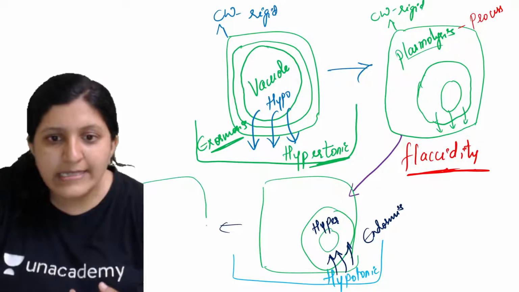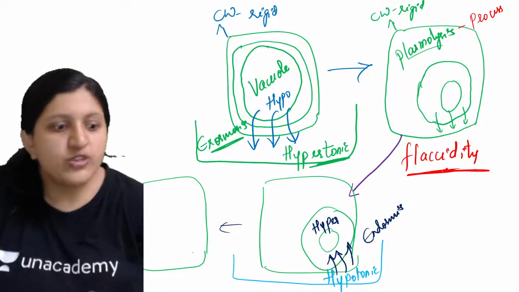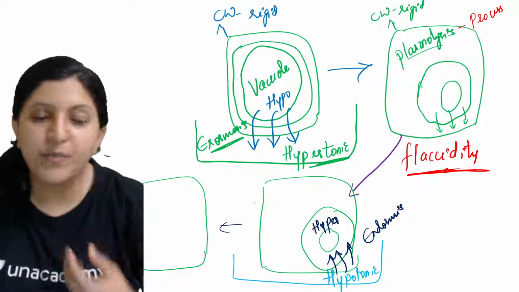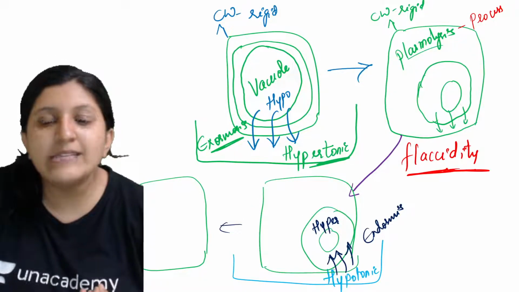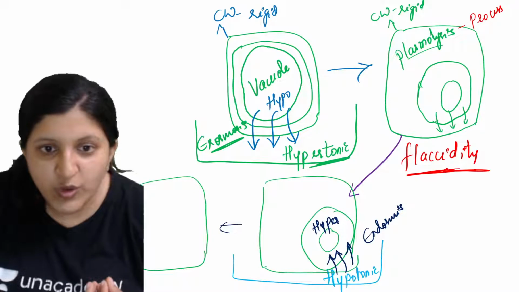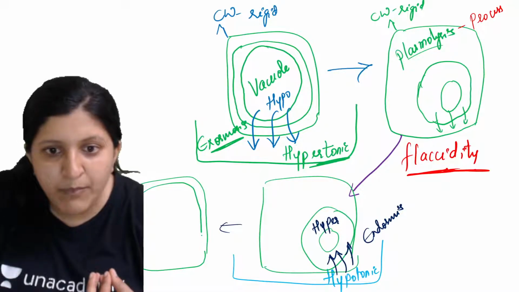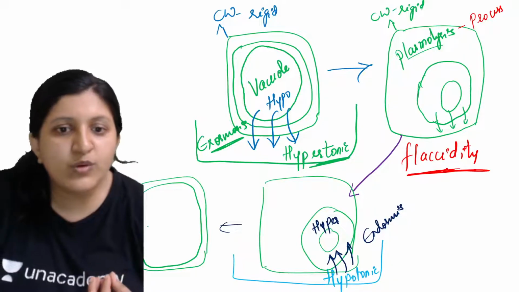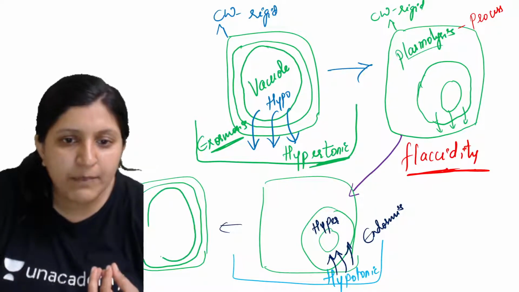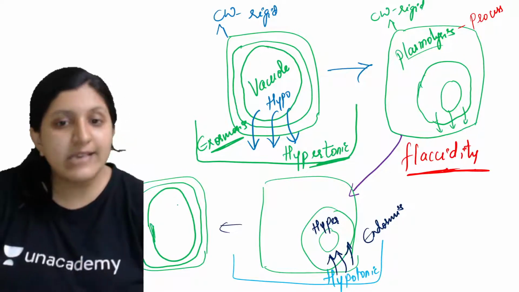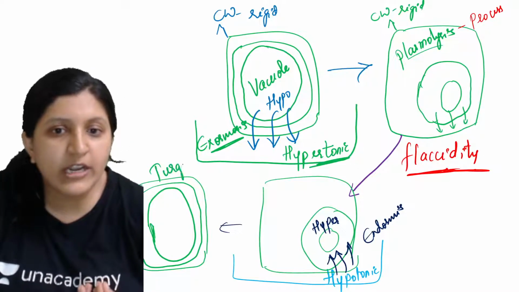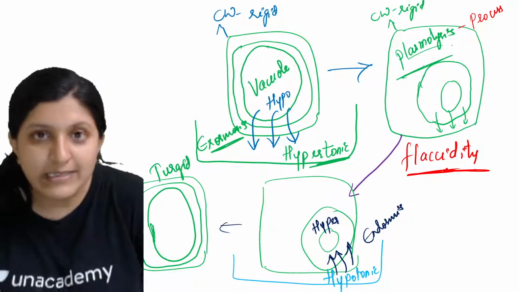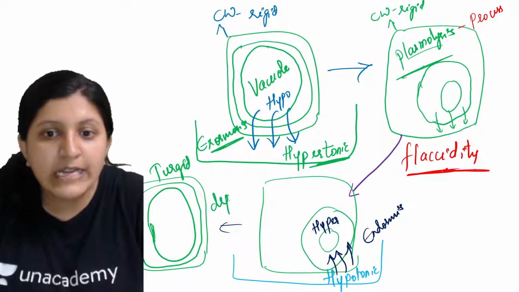Now as the endosmosis has occurred, the water has moved in, so inward movement has occurred. Again you can see a distension in the cell wall. That means this cell membrane is expanding, or we can say distending, and this vacuole is also taking up its shape. So now this cell is actually in a turgid condition. And what is the process here? Here it was a plasmolysis process, and here deplasmolysis.